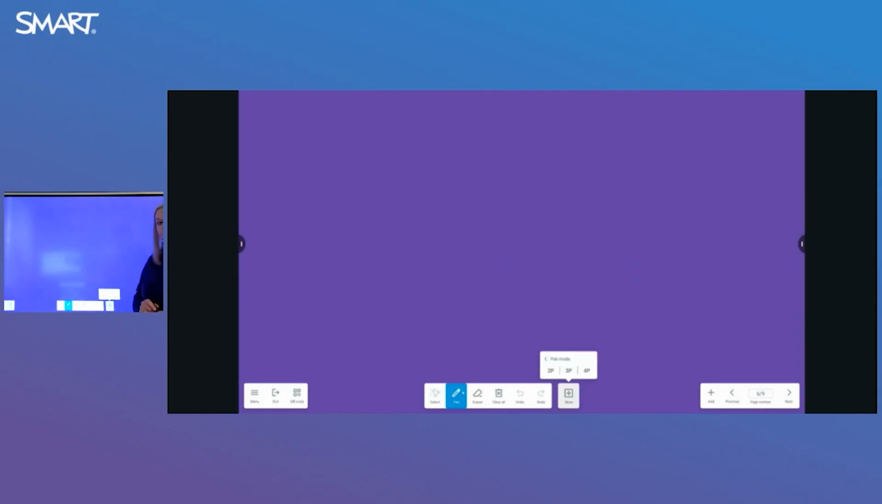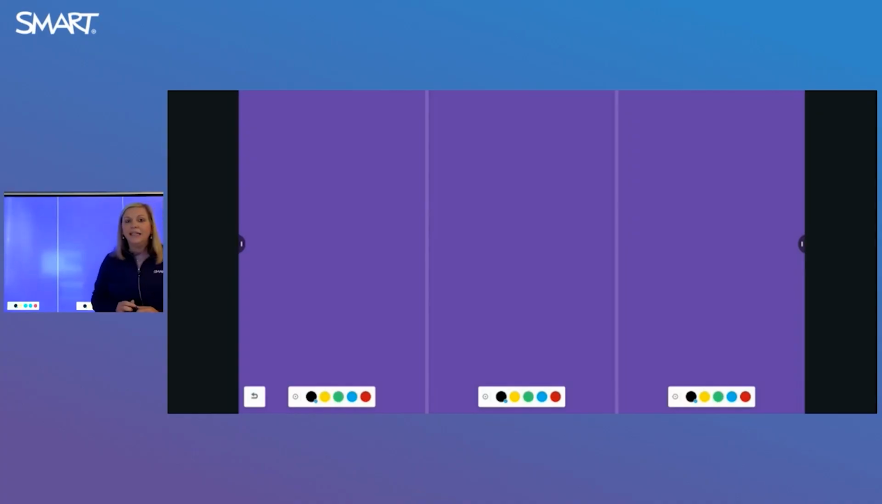So if I choose pair mode, notice it gives me 2, 3, or 4. Well, I happen to be teaching nouns, verbs, and adjectives. So I'm going to choose 3. And it automatically divides my smartboard into 3 different equal parts. So nouns, verbs, and adjectives. And if I were the classroom teacher, I would absolutely have my students come up here, take turns,